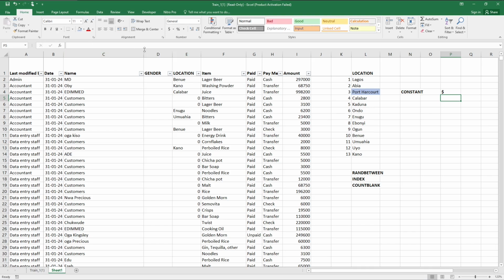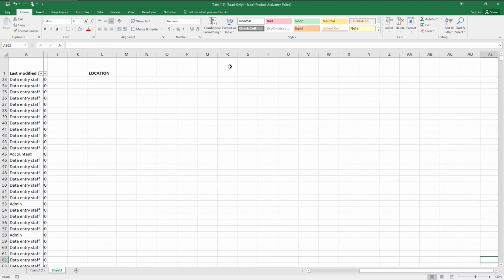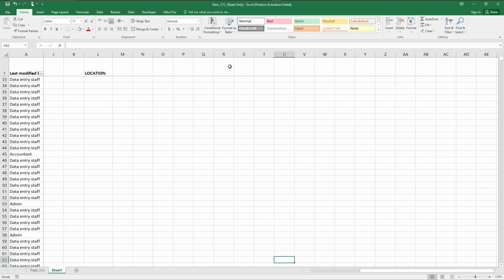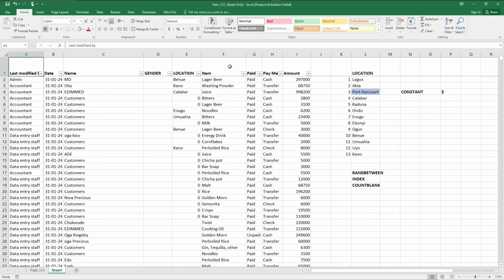Just like I taught you freezing in Excel, like in this particular sales sheet, the first row is frozen, and the last modified column is also frozen. Column A is frozen, and the first row is also frozen. So in Excel too, we have keeping constant. We have constant. This dollar sign denotes that if we have a data,